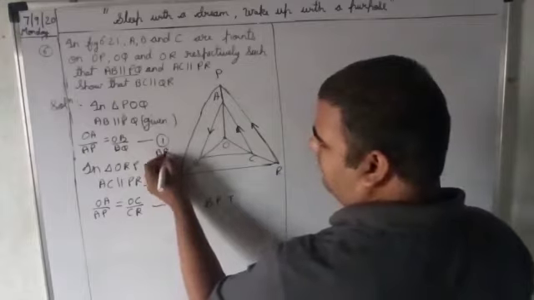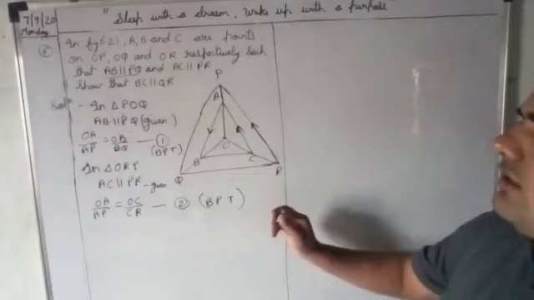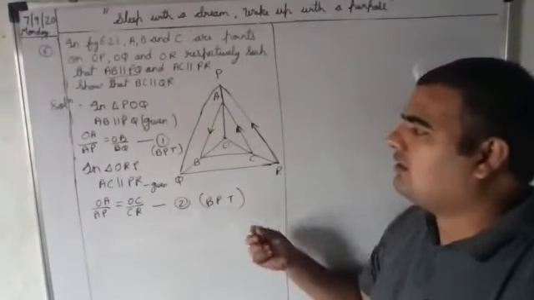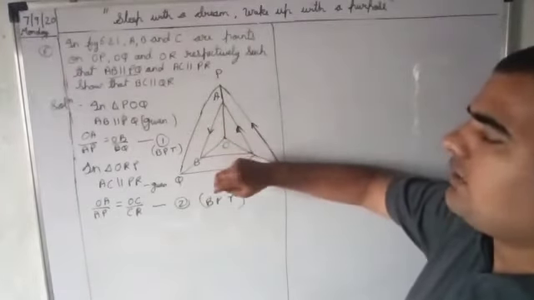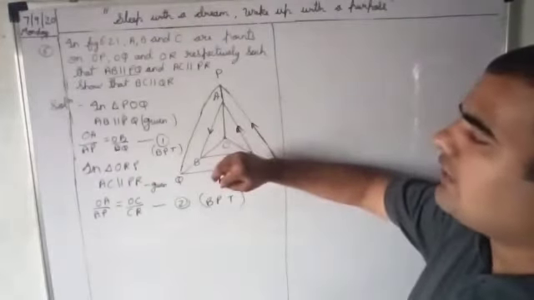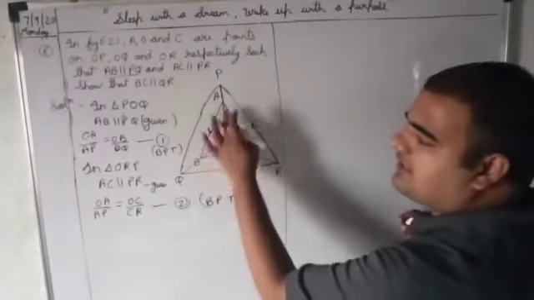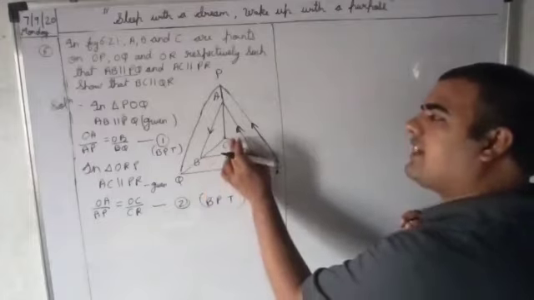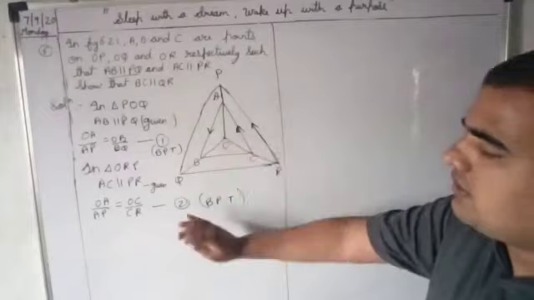I believe all of you know the basic proportionality theorem statement. You should remember the statement and its proof. So what is that statement? If a line divides two sides of a triangle at distinct points and is parallel to one side, it will divide these two sides in the same ratio. So OA upon AP and OB upon BQ.